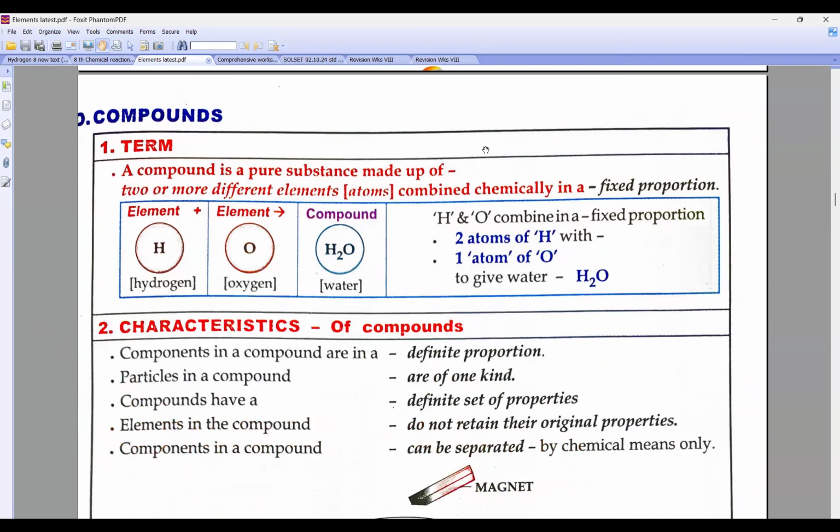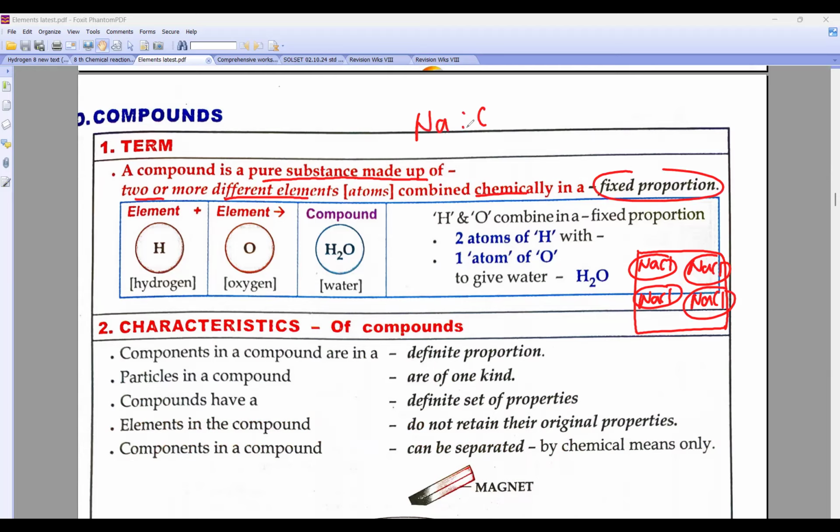Now in exam, they will ask you what are compounds? Compound is a pure substance. Suppose I give you one pinch of salt, एक pinch salt भर के दे दूंगा मैं आपको, it will have what? NaCl, NaCl, NaCl. It will be made up of the same NaCl. If I give you a pinch of salt, it will be of two or more different elements combined chemically in fixed proportion. In NaCl, the ratio of Na and Cl will always be fixed. Now suppose I take water, the ratio of hydrogen and oxygen will always be fixed, 2:1.